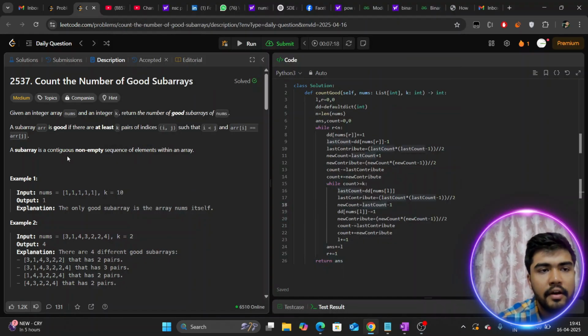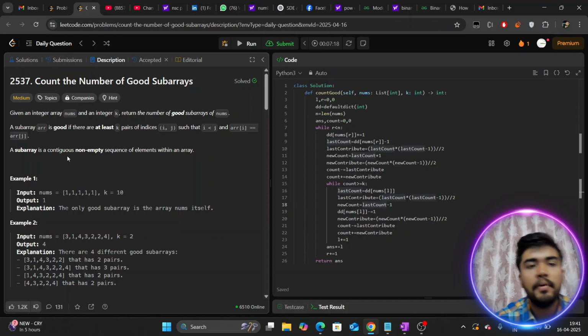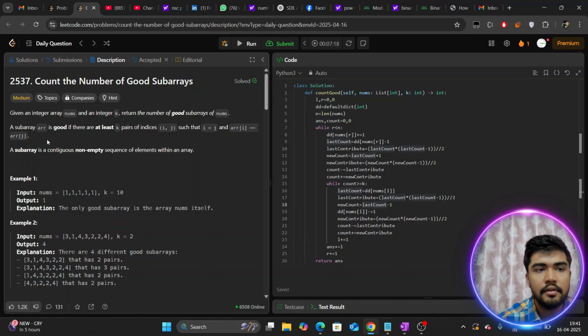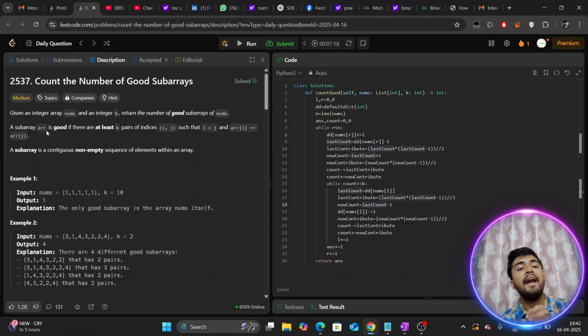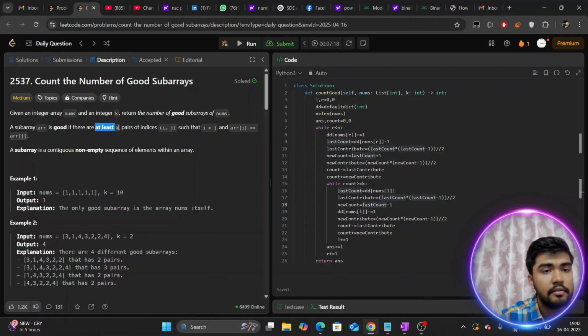So today we have Count the Number of Good Subarrays. In this question, given an integer array nums and an integer k, return the number of good subarrays of nums. And now what is a good subarray? A subarray of arr is good if there are at least k pairs. There can be more than k pairs also, but there should be at